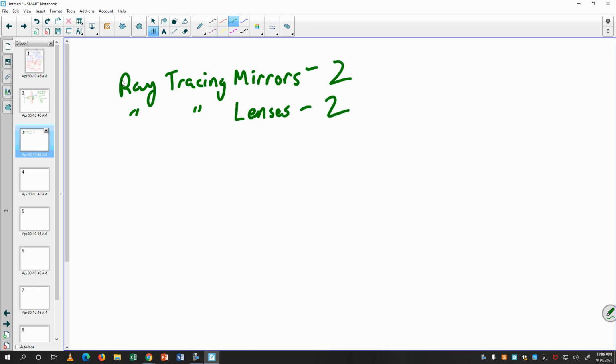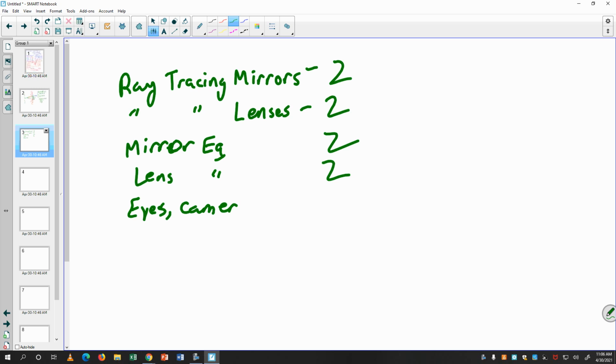2 questions as well. I might also ask you to identify lenses, what type of lens is this, those sort of things. These are more conceptual questions. Mirror equation. There are 2 questions on that. Lens equation, 2 questions on that. Eyes, cameras, and aberrations. We've had spherical aberrations and chromatic aberrations, and we talked about eyes and cameras and how they're different. 2 questions on that. No 2-lens systems in